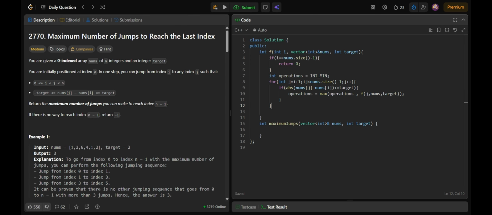This loop will actually tell me that for any index i, what can be the maximum number of operations I can take to reach nums.size minus 1. And I'll simply return operations.